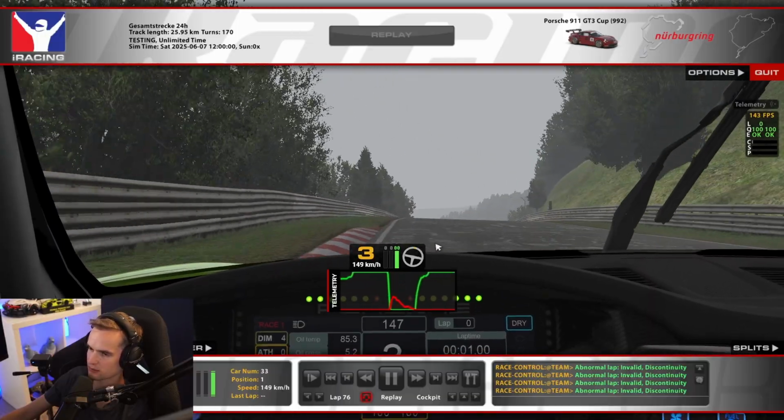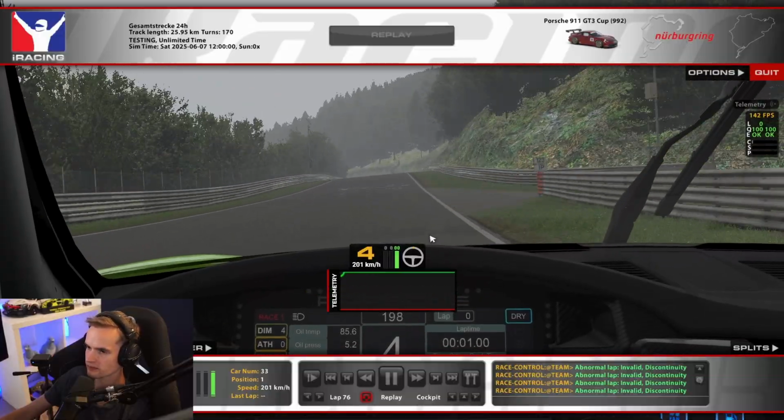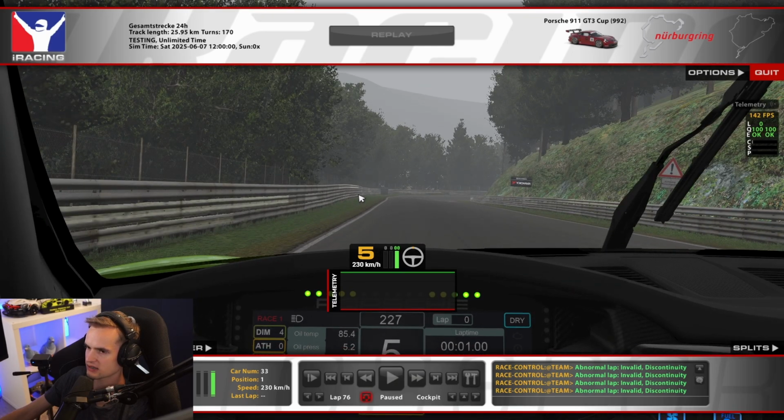This has been a little bit slow. You can do it faster than this. Definitely. I lost a little bit of time right here. Here we go full throttle. That is all fine. Next corner, you can basically aim either for the tree or you look at the signs